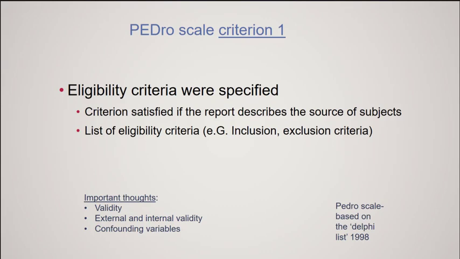That is, what variables allow someone to be included in the study, so the inclusion criteria, and what variables would exclude someone from the study, so the exclusion criteria. So then the question I would ask you is,